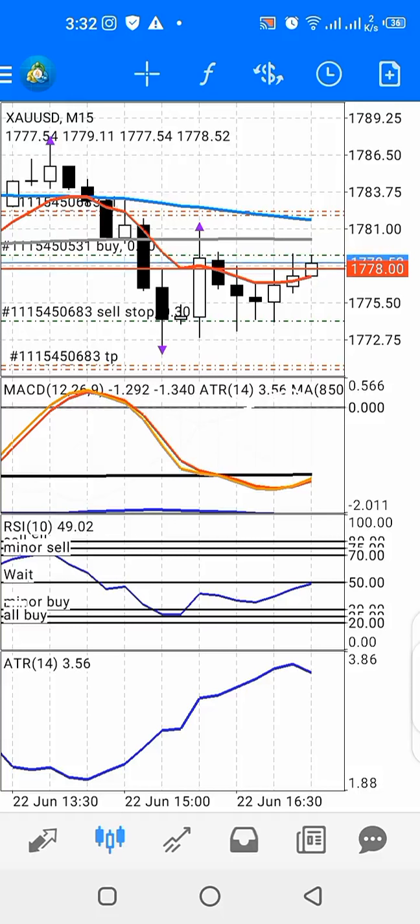It's a metal well recognized as a safe haven asset. So a lot of people put money in gold, so that contributes to the reason for the volatility of gold